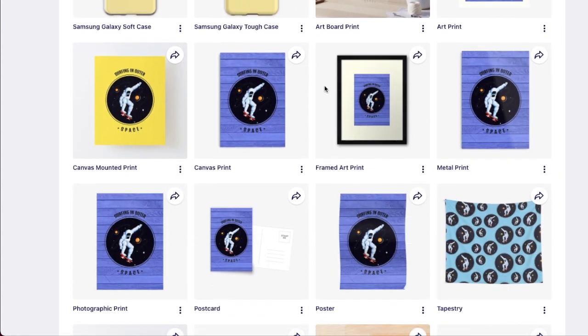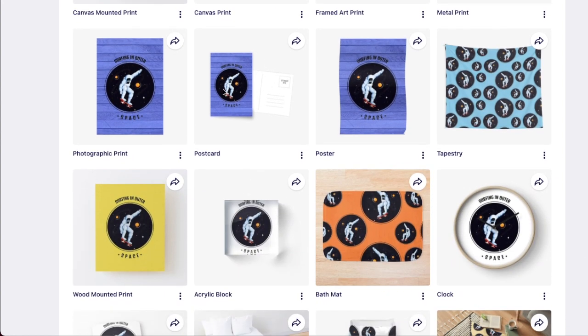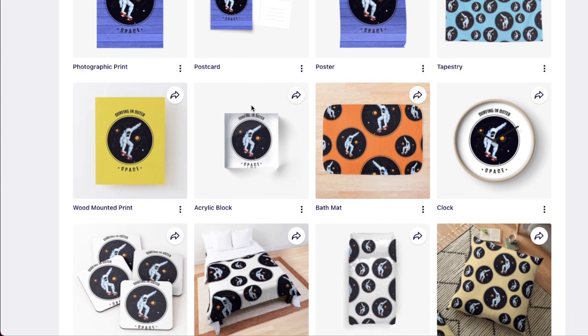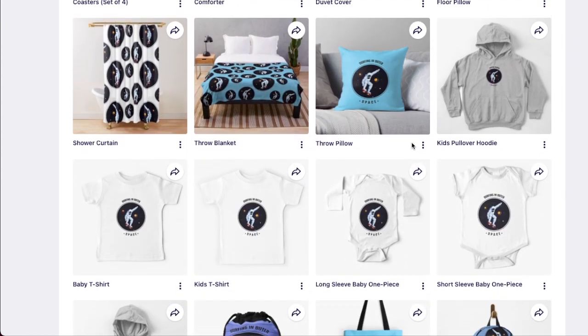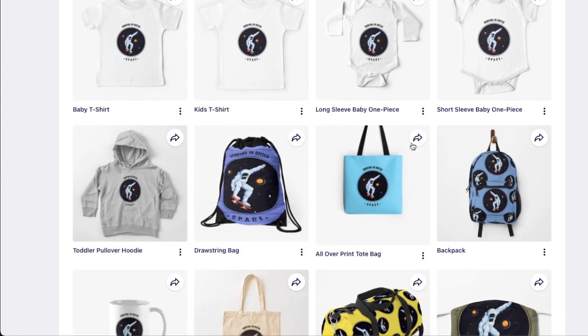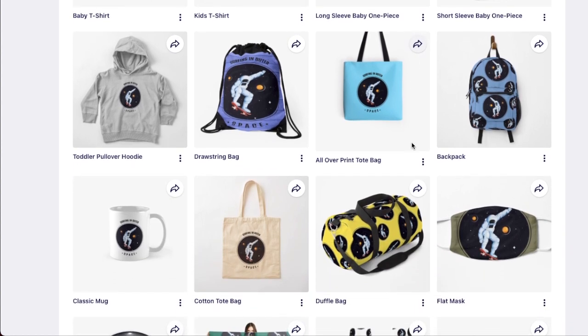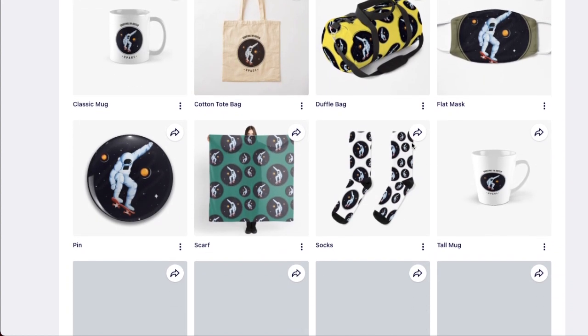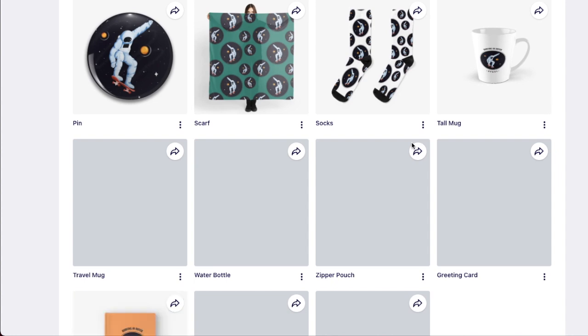I do love the art prints, and I love how this came out as a beautiful postcard. And again, this was 5,000 by 3,500 pixels. And I'm trying to think which one of these I want to use for mockups for my Pinterest. So what I am going to use is